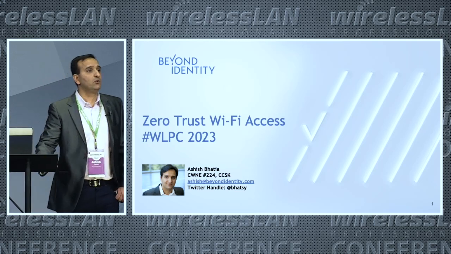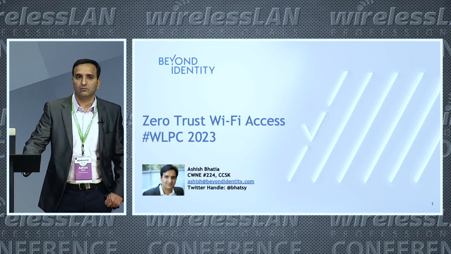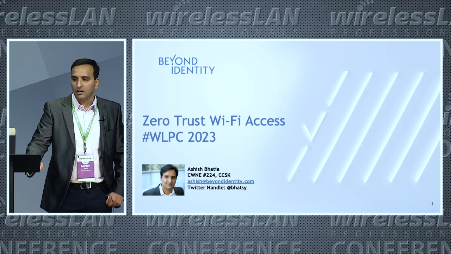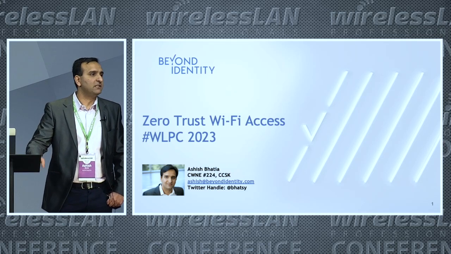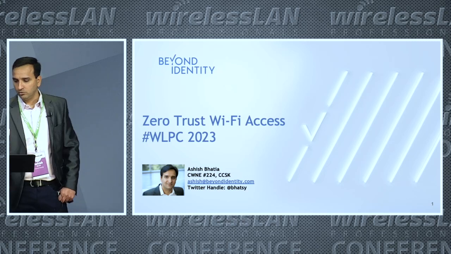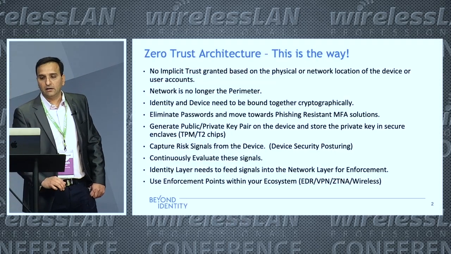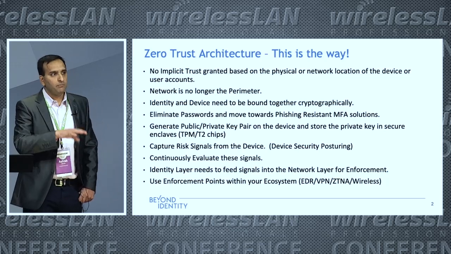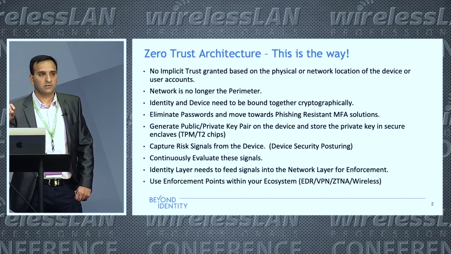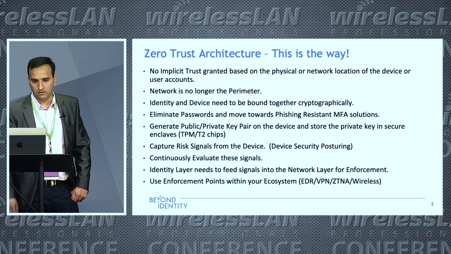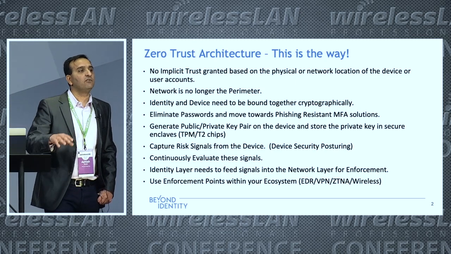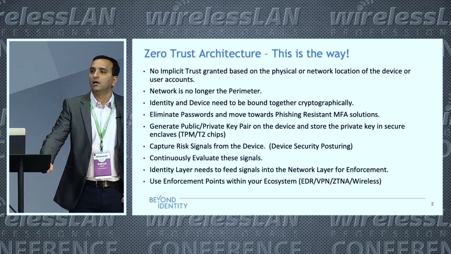Zero trust is the new buzzword, and I wanted to talk about the architecture as specified by NIST, specifically document 800-207, and its applicability on the Wi-Fi side. I'm not going to give you the PBS special, just high-level key points. Why do you need a framework like Zero Trust?